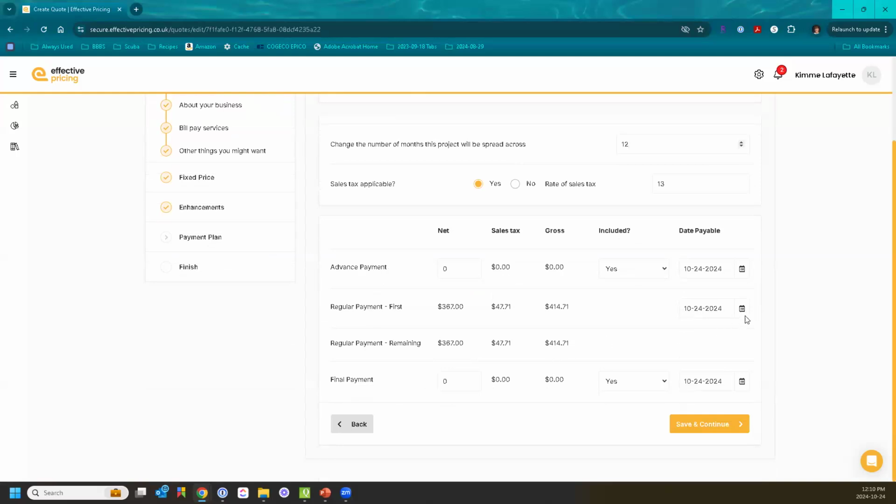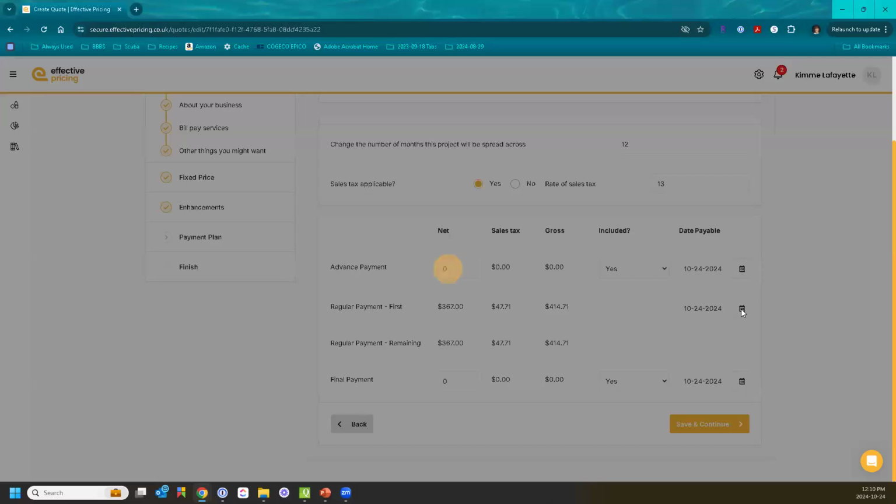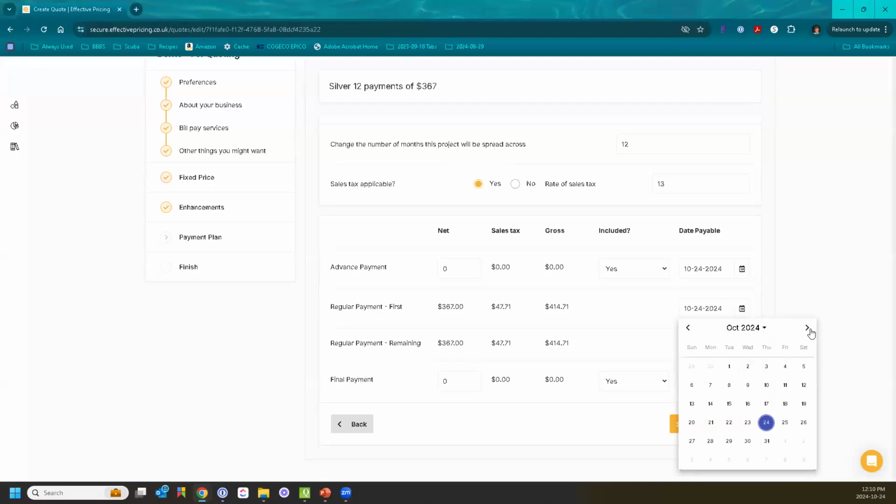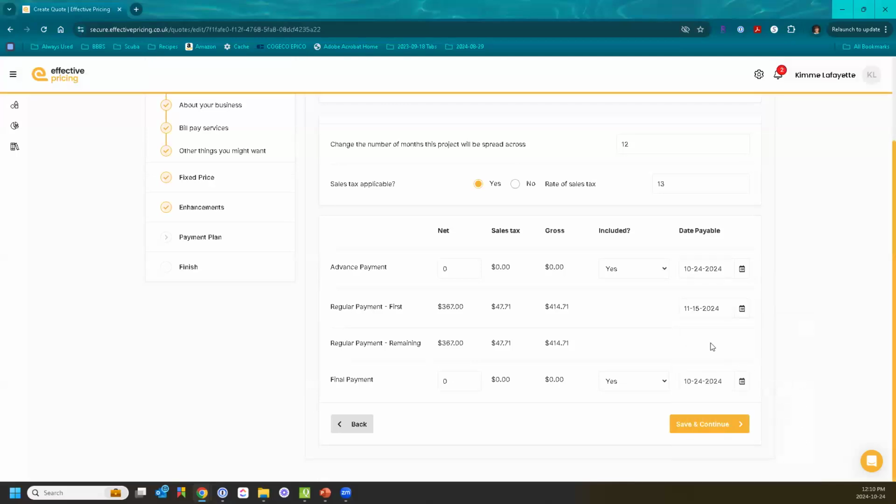So if this was an agreement that you said, we're going to start on November 1st or November 15th, whatever date you're agreeing will start, you can change the date of the first payment. And because I've selected 12 monthly payments, all of the regular remaining payments will then occur on